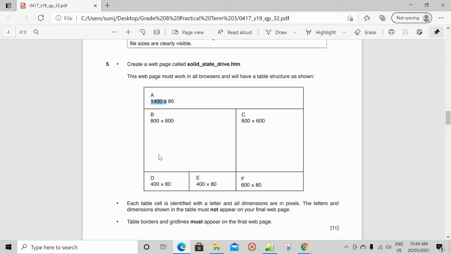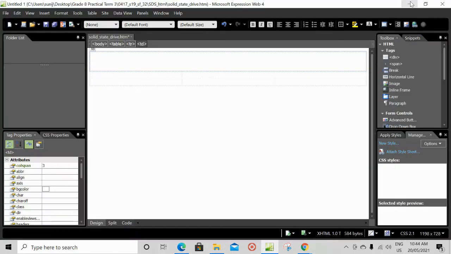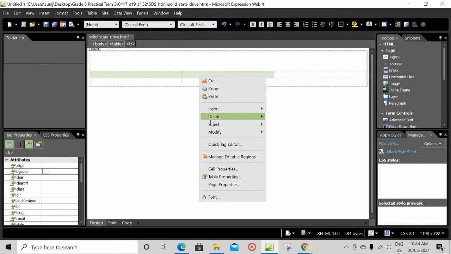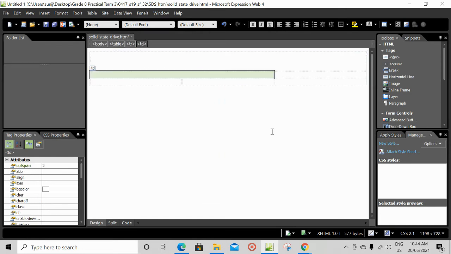Now cell B, you can see these two columns are merged together and the dimensions are 800 by 600. So first you have to merge the first two cells. Select the first two cells, right click, modify and merge cells.